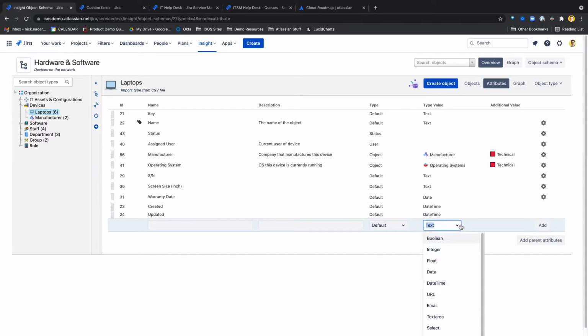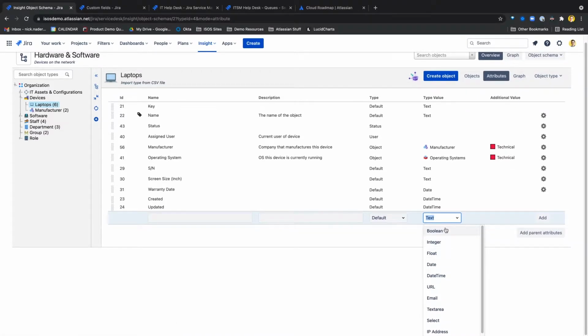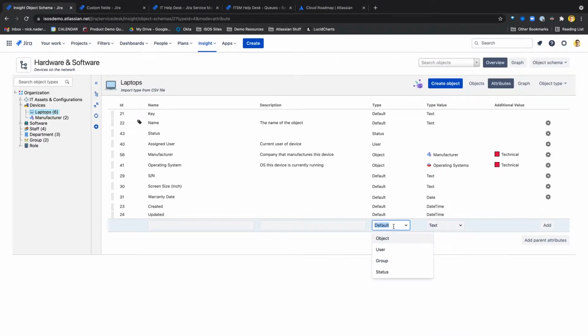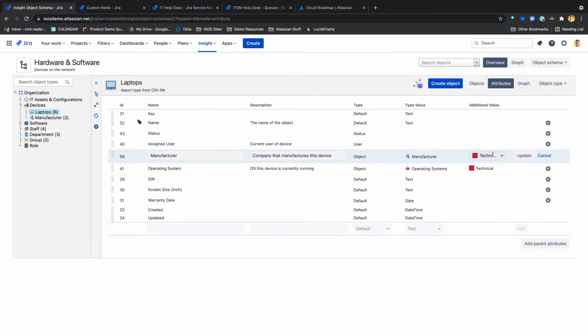The default attribute type is going to include a lot of your values here, from booleans to IP addresses and dates. And then they have some other unique attribute types like other objects, and this is going to be where you're able to reference and create dependencies between the different object types within your schema. This is where we've pointed our laptops towards the other objects like manufacturer and operating system, so we can say, hey, this laptop is running this specific operating system, Windows 7, and since it's a Lenovo, it's pointing at the Lenovo manufacturer. So we can define the relationships between those different objects,